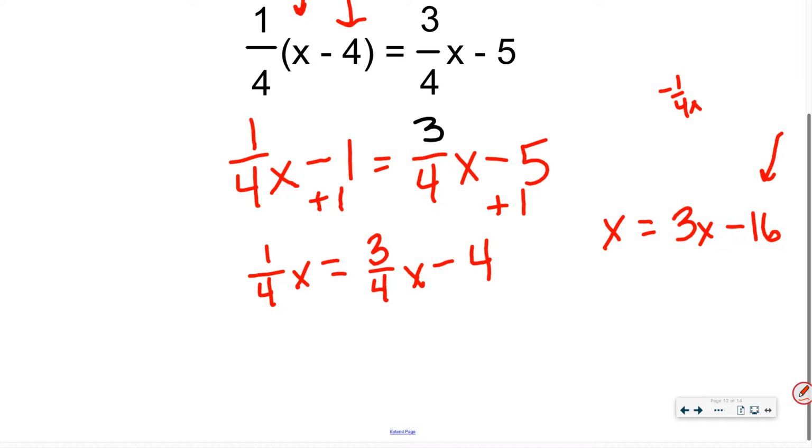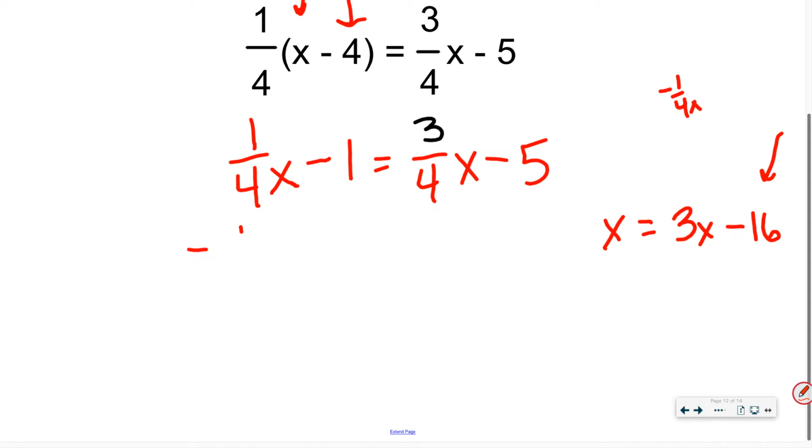The majority did something different. Actually, I'm going to back it up. So here, for those of you who distributed, what did you do from here? Subtracted 1/4 x. Okay, so we can take the 1/4 x away. Key mistake. Can I do that? A few of you did this, okay? And you ended up with,